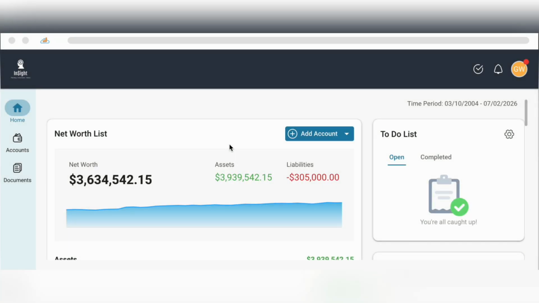It's important to note that any Insight managed Schwab account will already be pre-populated and it will sync into your Insight client portal. To add an external account, such as a 401k from an employer, start at the home page, Add Account,